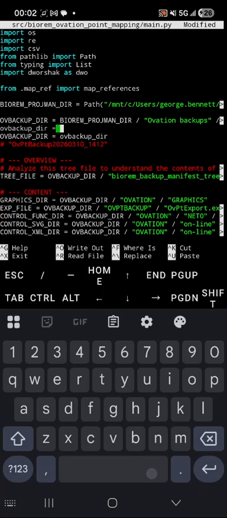So what I'm doing is I'm just making it easier to convert the value or the path that I'm using